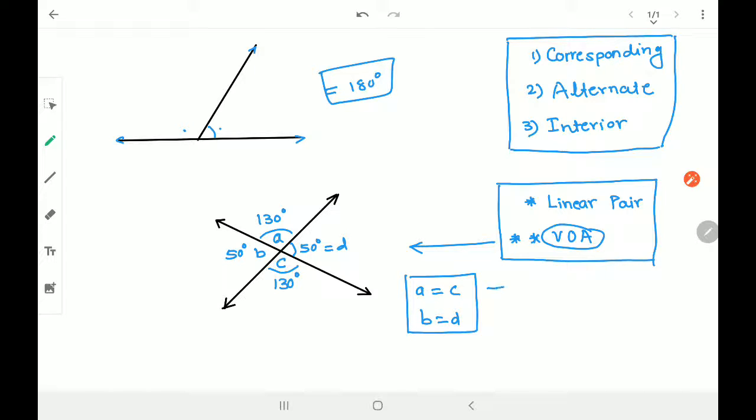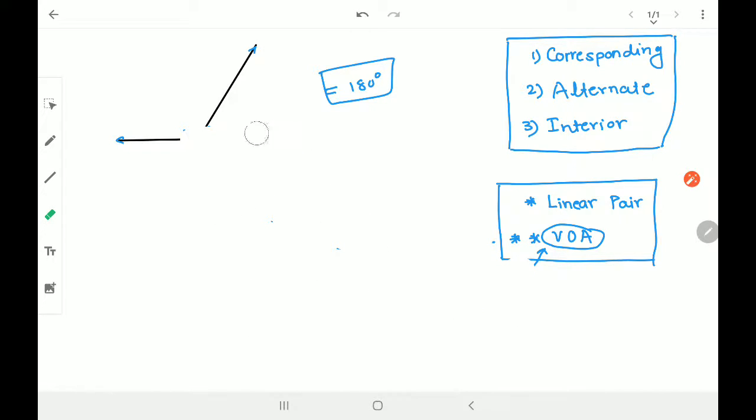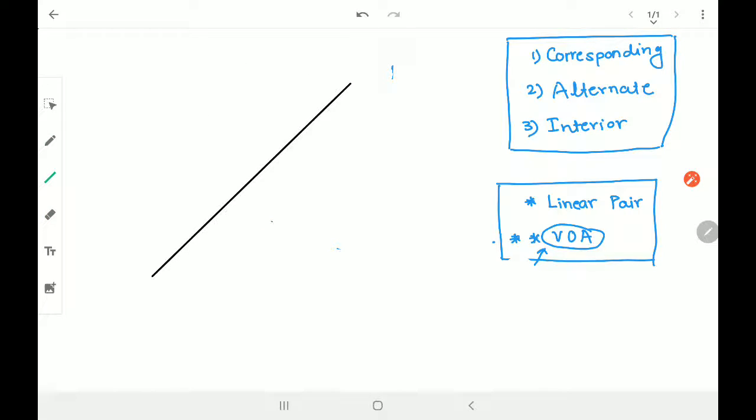These are called vertically opposite angles. And what is the speciality of vertically opposite angles? That the vertically opposite angles are equal. So here A and C are vertically opposite angles and they are equal. B and D are vertically opposite angles and they are equal. Some misunderstanding one might have about vertically opposite angles: before we go ahead, let me tell you, for vertically opposite angles you need a straight line. Then only we can consider it to be a vertically opposite angle. So here in this case, this angle is equal to this angle and this angle is equal to this angle. Okay, got it clear. So that is the important thing.